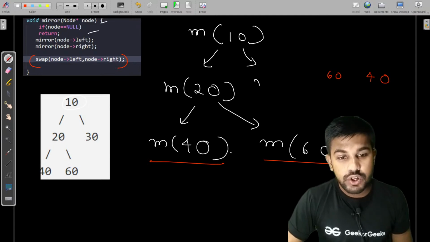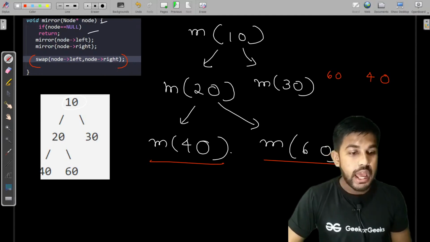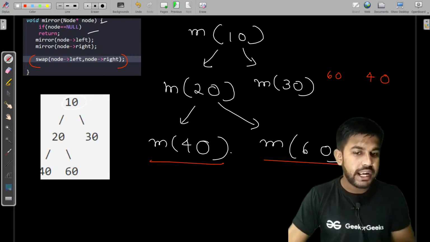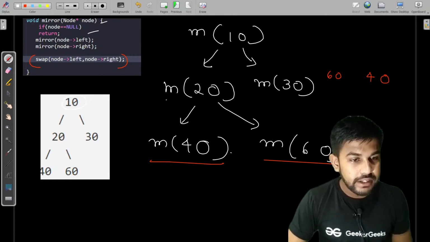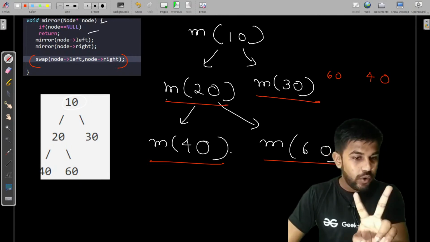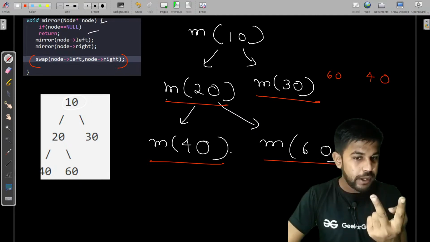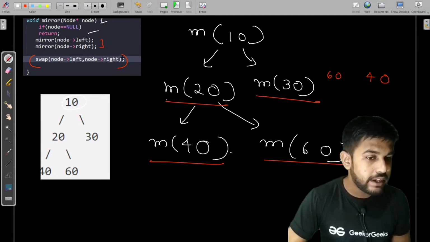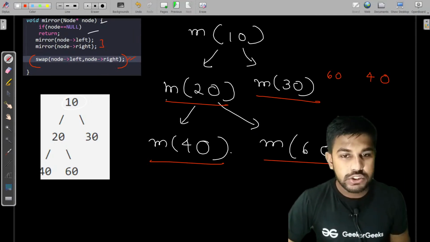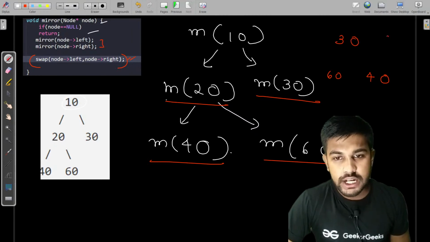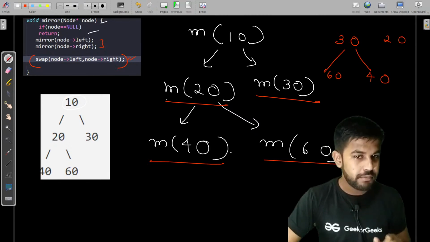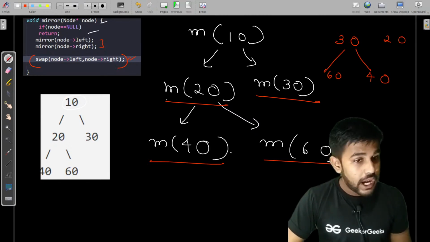Okay, then we would come to m dot 30. M dot 30's left child is null as well as right child is null. So this is also complete. So we would just mark this is complete and this is also complete. Now we would just do the swapping of this, because if these two are complete, then we would come at this position. So 20 and 30 would now be swapped. So 30 would come at this position and 20 would come at this position, and the structure would remain the same. Now as these two are visited,